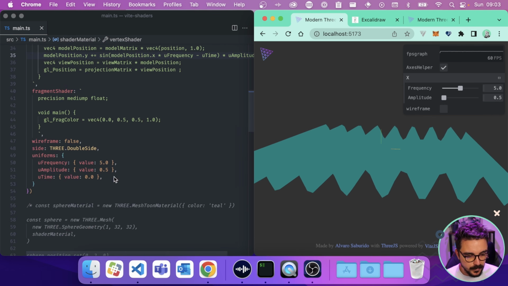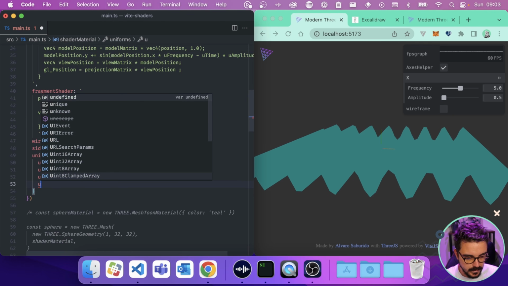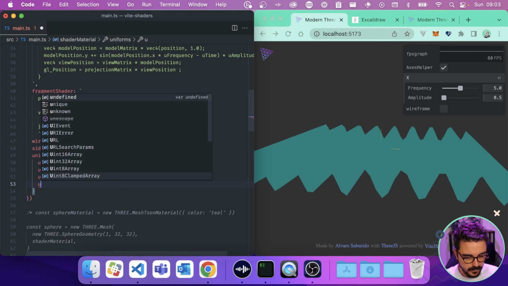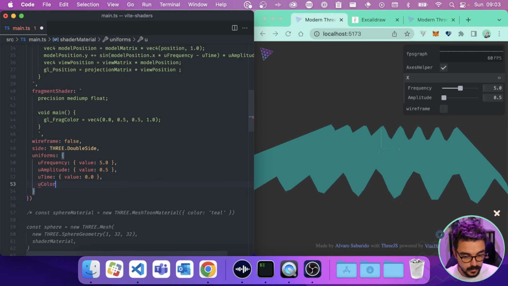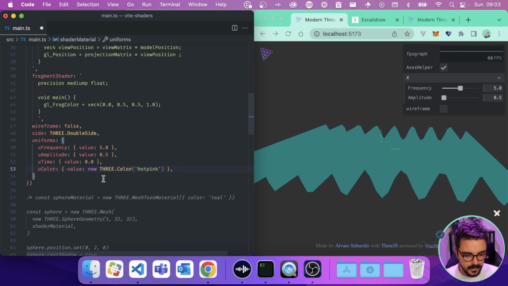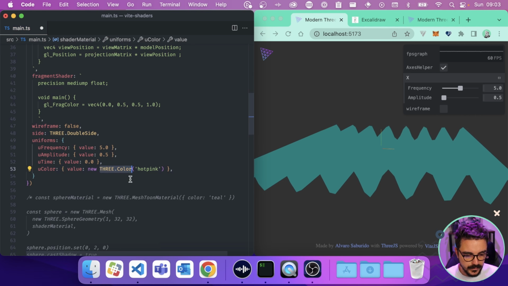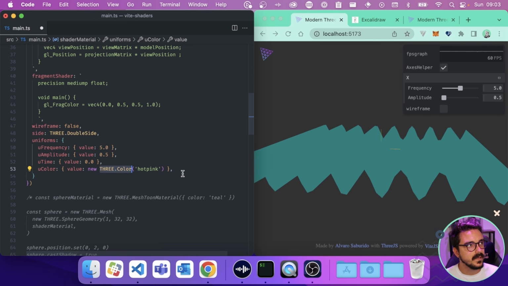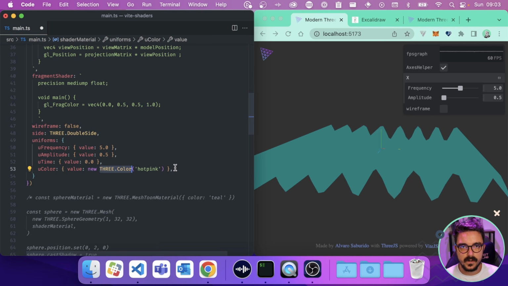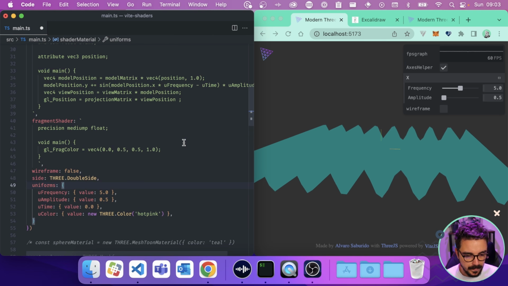So to do that, we can create another uniform, which is gonna be uniform uColor. And for this, I'm gonna use this class here, THREE.Color, because it gives you the RGB values right away to be used. So let's put hot pink, okay?